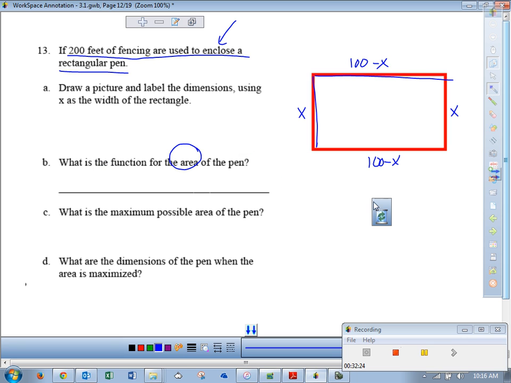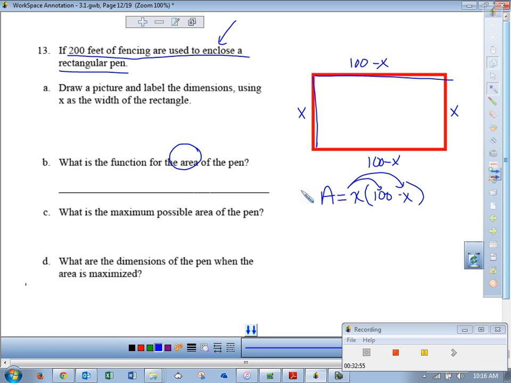So I'm going to do something off to the side first. I'm going to say the area is the length, which I will call x, times the width, which is 100 minus x. And that's a quantity, because it's 100 minus x, sorry. That's the second time I've done that. 100 minus x. You with me on that? Got to be a quantity. I don't like it like this. I want to